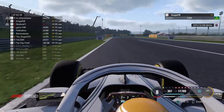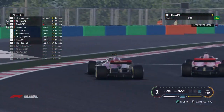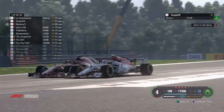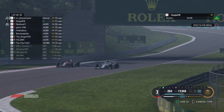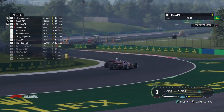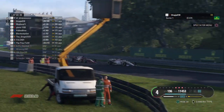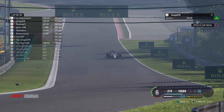Rhythms going for the inside, and they just go side by side through the first corner. Droppier having the superior acceleration through the first corner with the superior traction, of course. Rhythms and Droppier clashing together at the second corner, but nothing Rhythms can really do, as he does have